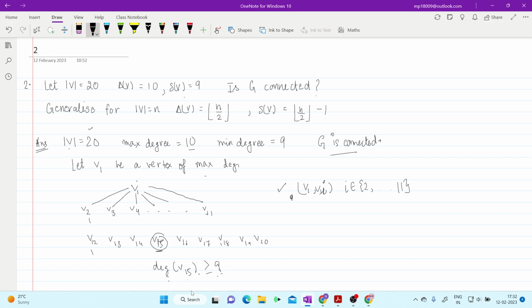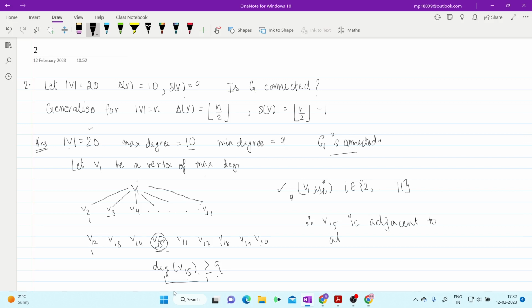Because if none of V1 till V11 are connected to V15, then V15 can be connected to at most the remaining vertices, which are 8. But we have been given that degree of V15 is greater than or equal to 9. Therefore, V15 is adjacent